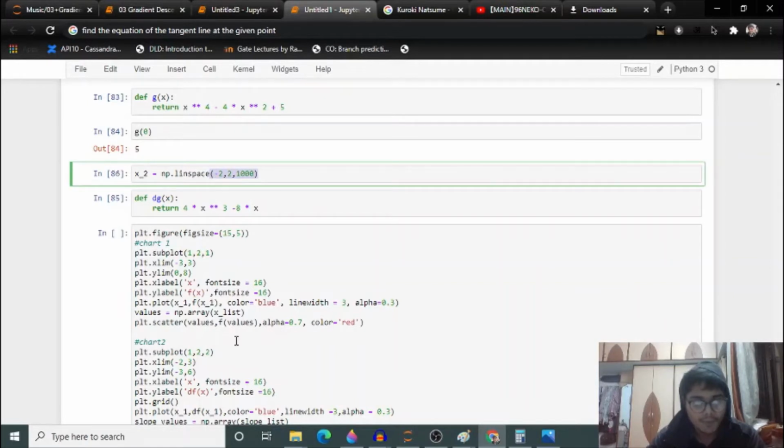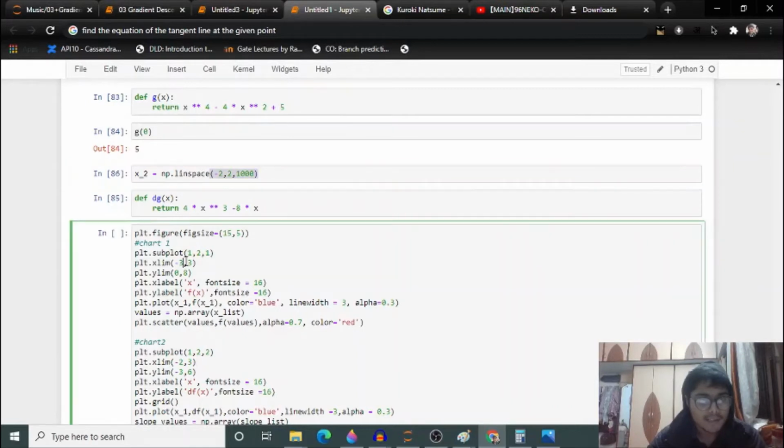Now let's get ahead and plot this. Let me refer to the parameters for good visualization. For x limit I will put -2 to 2, so we will clearly see a good visualization.